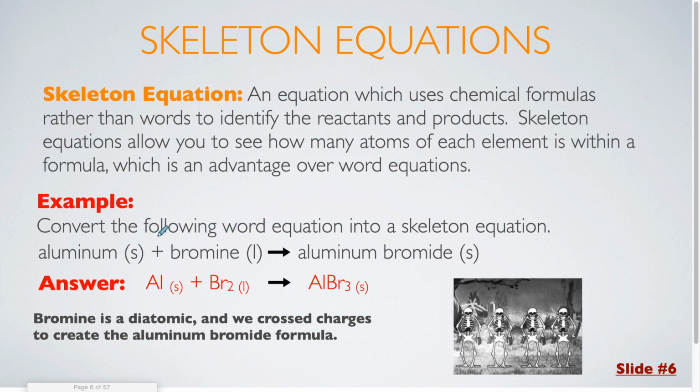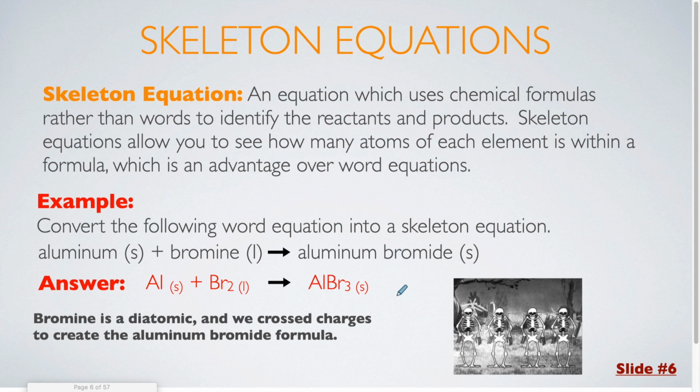So here we have our aluminum, bromine, and aluminum bromide. The symbol for aluminum is Al, and the solid carries through. This time we're showing it as a subscript. Now for bromine, you may remember that bromine is a diatomic element. So I have the subscript of 2 here because bromine would never like to be by itself. It's still a liquid. And then for the aluminum bromide, this is a compound which happens to be ionic, which